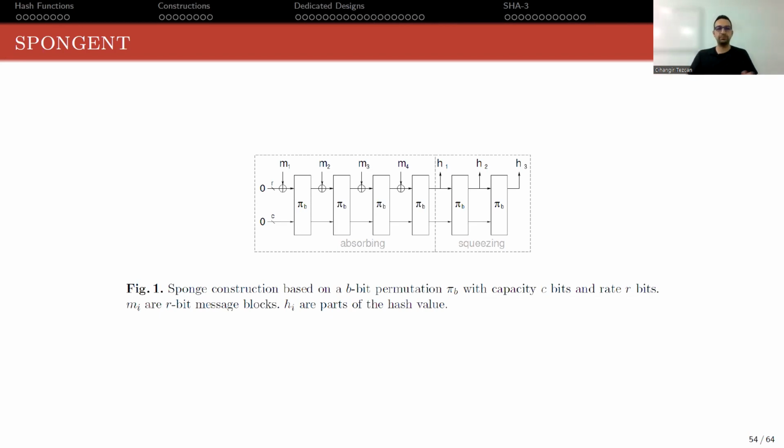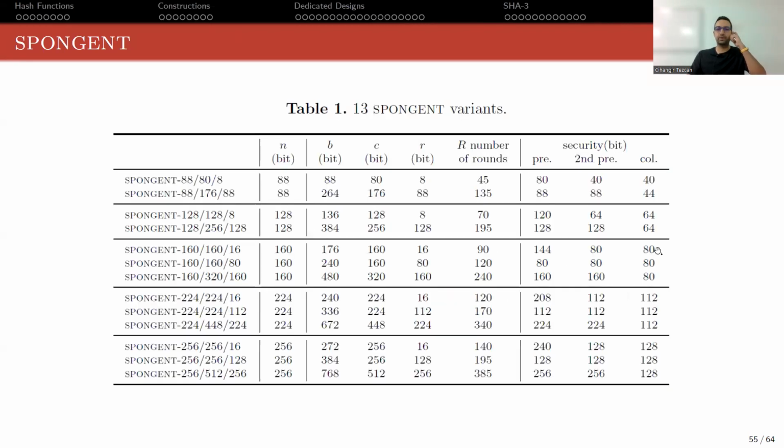So as you can see, it looks like the basic picture I showed you for sponge-like hashing. Sponge construction based on a b-bit permutation, pi b, with capacity c bits here and rate r bits here. And you produce the hashing output from here at the squeezing part, okay? And again, this table from that paper, here they show